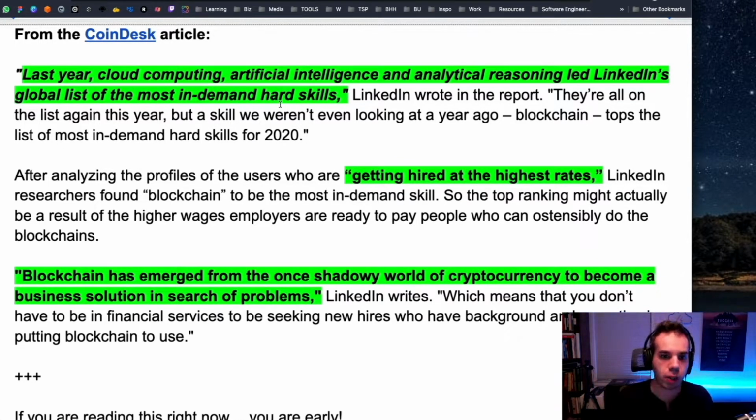Cloud computing, AI, and analytical reasoning were the global most requested hard skills. These are specific because you're all looking at building infrastructure around technology. But specifically, blockchain emerged as one of the top skills that's solving business problems.